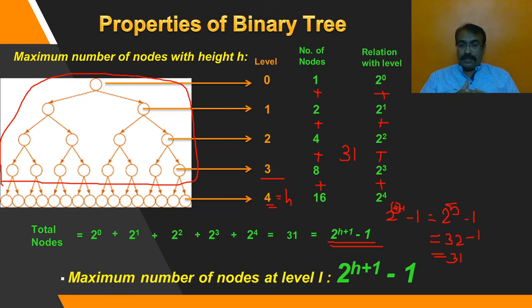So these two formulae you need to keep in mind whenever you are trying to implement a binary tree. This binary tree is very important, but we are not going to implement a binary tree, rather we are going to implement it in some different format. That format is called a binary search tree. So what makes a binary tree behave like a binary search tree?